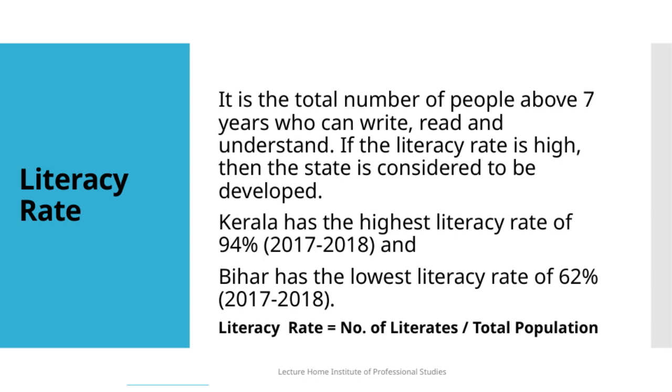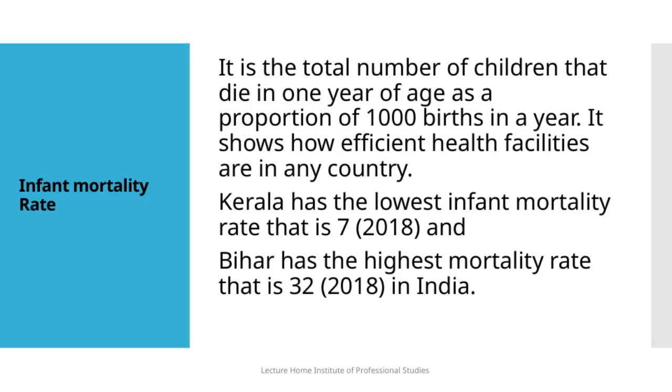It's a crucial indicator in our broader discussion of social progress. Let's take a closer look at infant mortality rate, which is a crucial indicator of a country's health system. It refers to the total number of children who die before reaching 1 year of age per 1,000 live births in a given year. Essentially, it shows us how effective a country's healthcare facilities are in ensuring the survival of